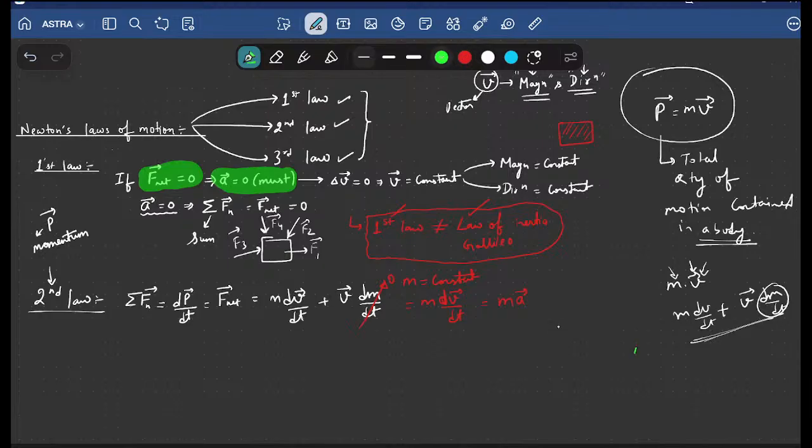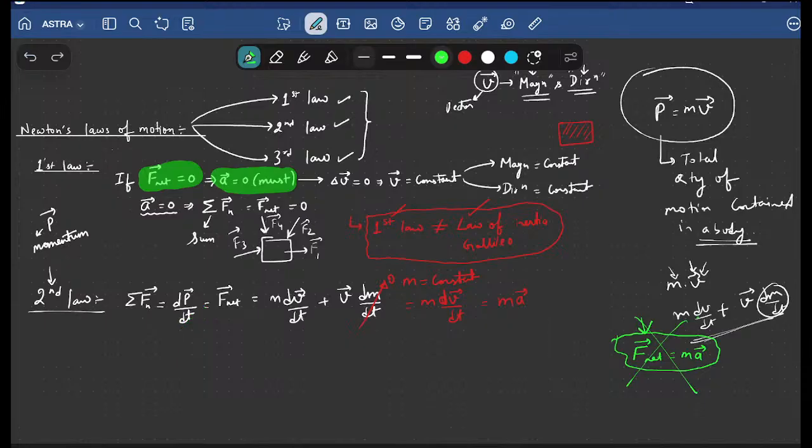Now I have seen many teachers teaching that net force is equal to mass into acceleration. Directly they teach like this. It might be possible that in your school or institute also, in the name of Newton's second law, they have taught you this thing, right? But it is not always true. This is not Newton's second law. This is wrong. This is Newton's second law, that the net force is the rate of change of momentum.